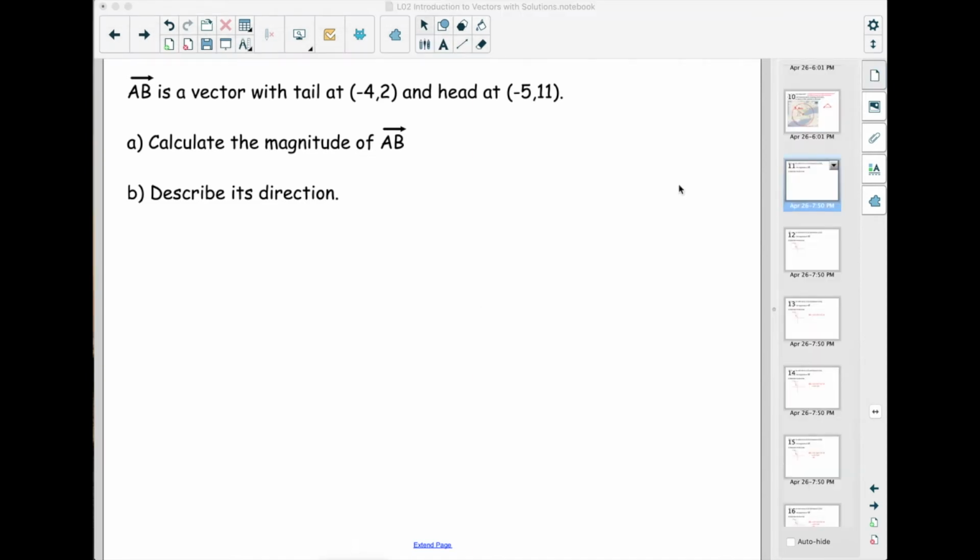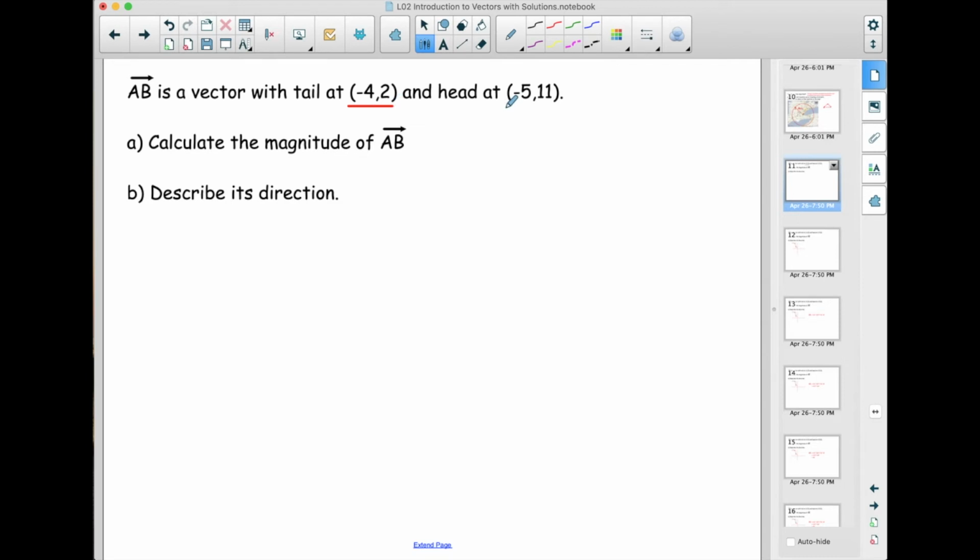So in this particular example, we know that AB is a vector. It has its tail at -4, 2. It has its tip at -5, 11. What we're going to try to do is calculate the magnitude of AB. And of course, remember,